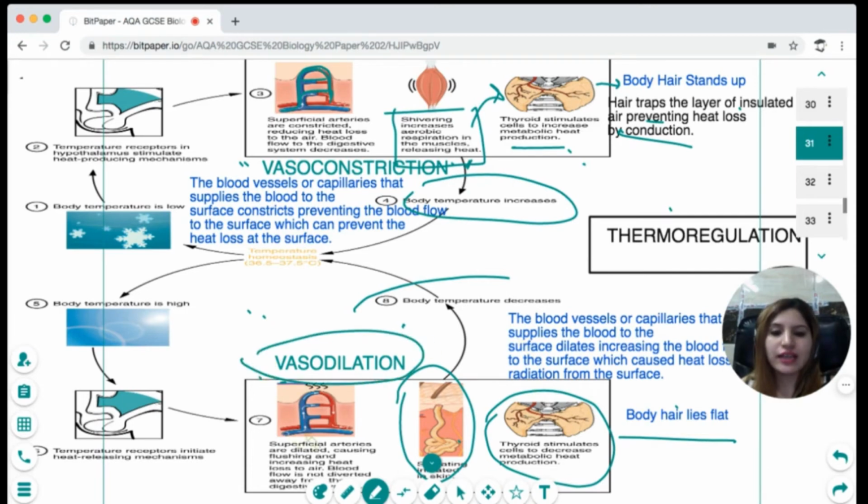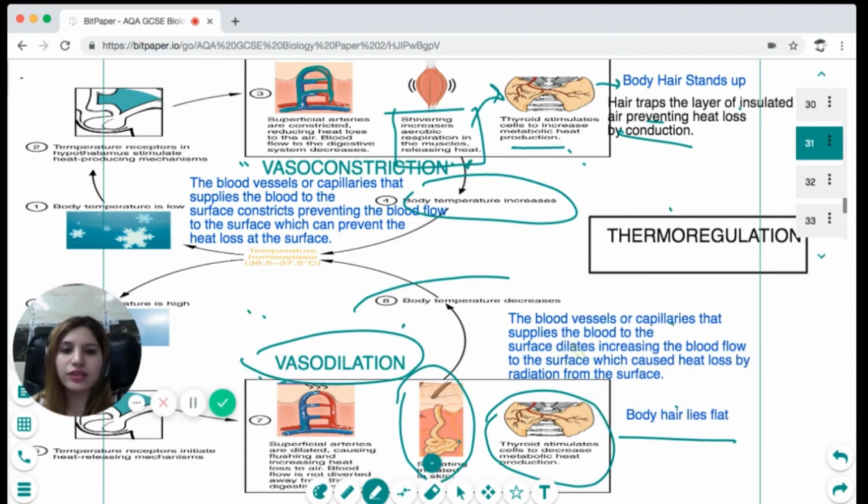What is vasodilation? The blood vessels of the capillaries that supply blood to the surface dilate so that more blood flows to the surface. And when more blood flows to the surface, it will lose heat by radiation. So in vasodilation, in the hotter times, we are making more blood flow to the surface. So you should know the difference between vasoconstriction and vasodilation,